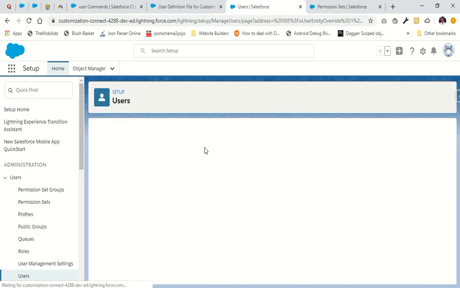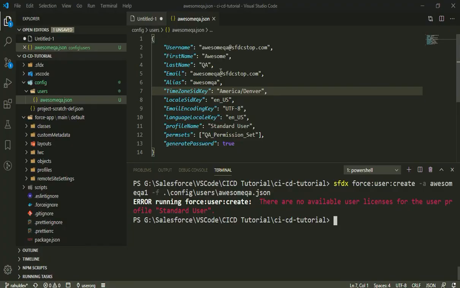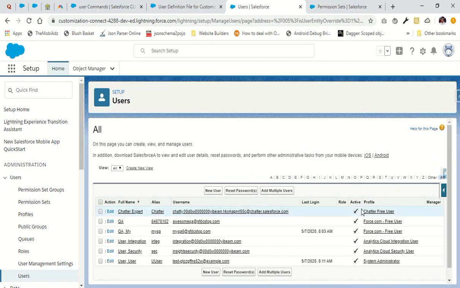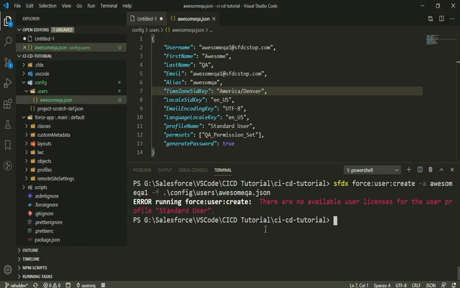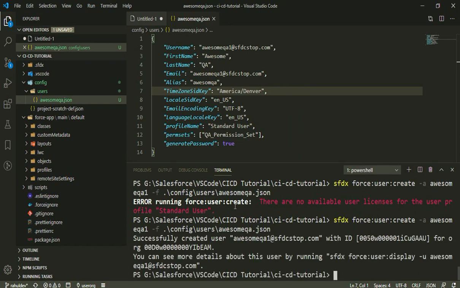I'm just going to give it any other license for now, and we'll see if we are able to create a user again or not. So this time we need to update the username. Let's give it as awesomeqa1. Okay, so just make sure that even if there is an error, it may be possible that you have a user created in your org, right? So I'm just going to execute this command again, and let's see if we are able to create a user this time or not.